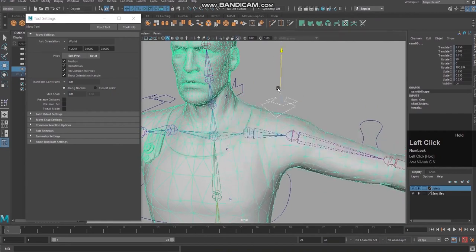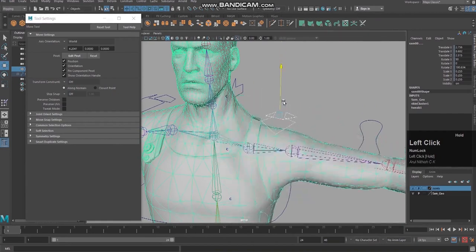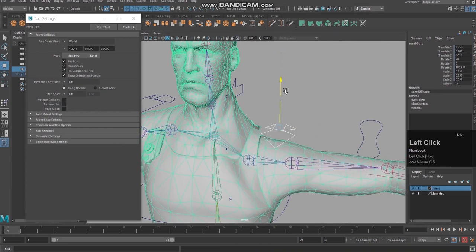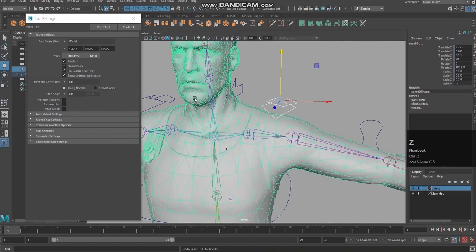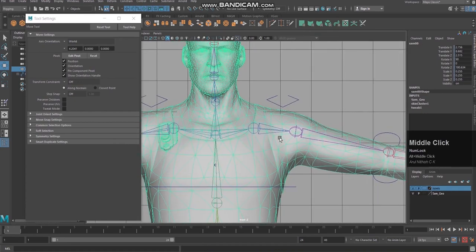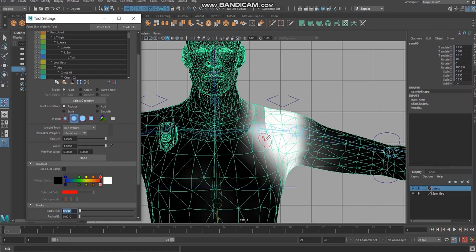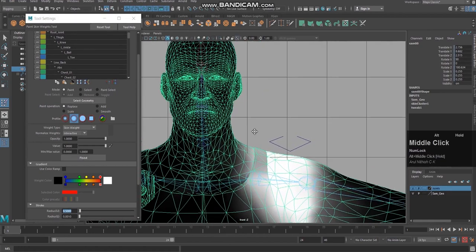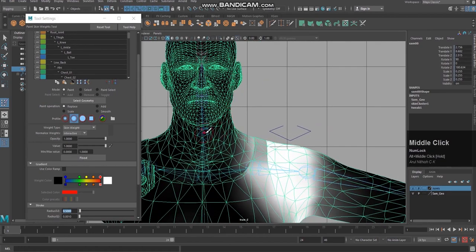And you can see the influence is affecting the face also. It should not come to the other side of the body. So come to the front view and again I'm going to the paint skin weight tool. It is taking influence on the face and the other side of the body.